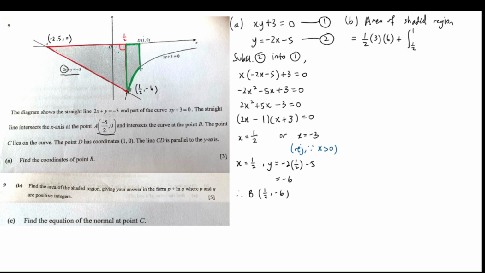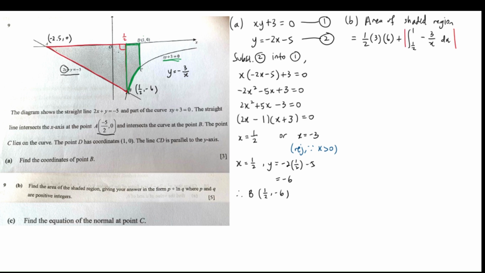And you're integrating the curve here, BC, which is made up of this equation. Now for that, let me rearrange. For y to be the subject, there will be y equals negative 3 over x. So you are integrating negative 3 over x with respect to x. Now bear in mind that this green region here, because it's below the x-axis, you will need a modulus